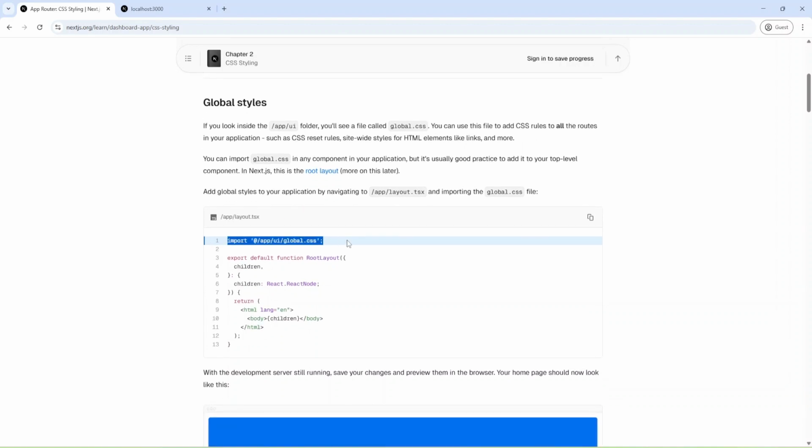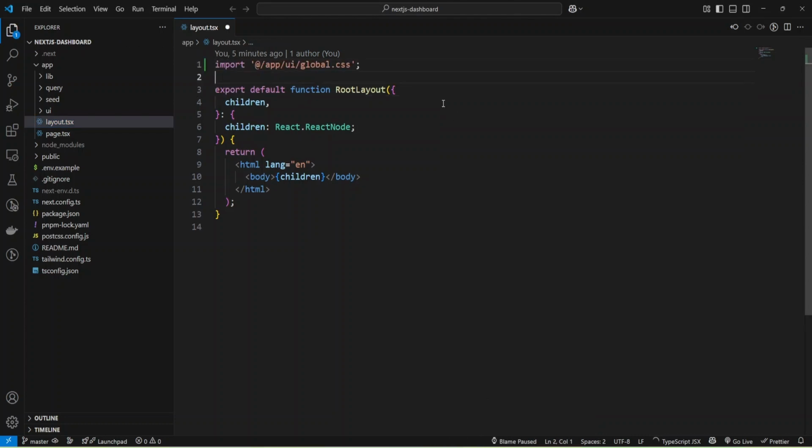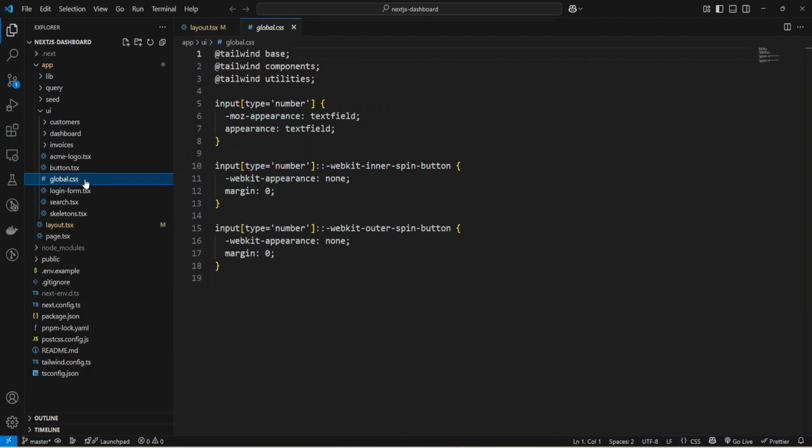And we can import global styles. Okay, let me do it. And let's check what we have inside global styles from app UI, and we have global CSS here.